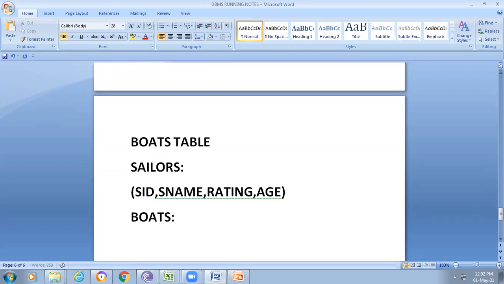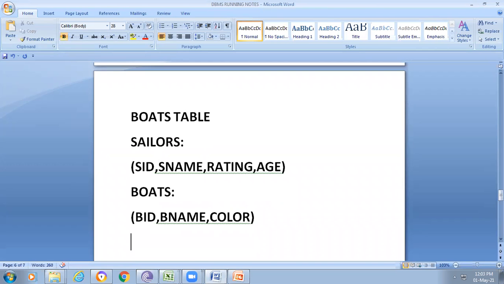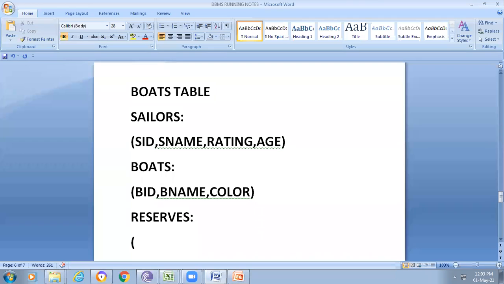In the case of the boats table, here we are using the BID, boat name and boat color. So these three attributes are considered. Next one is the reserves table. In this reserves table I'm considering sailor ID, boat ID and day. Okay, in this way we are creating the tables.